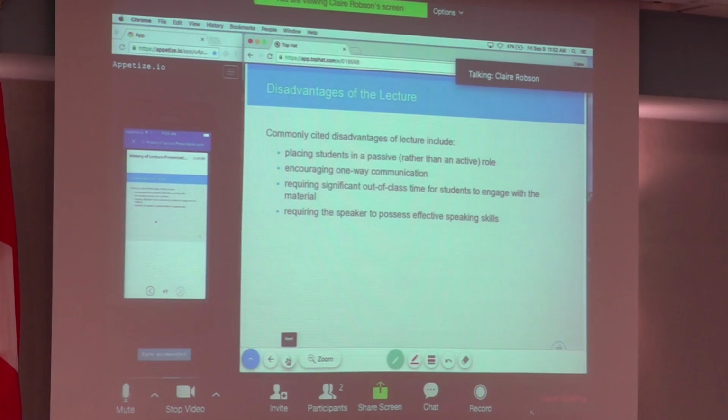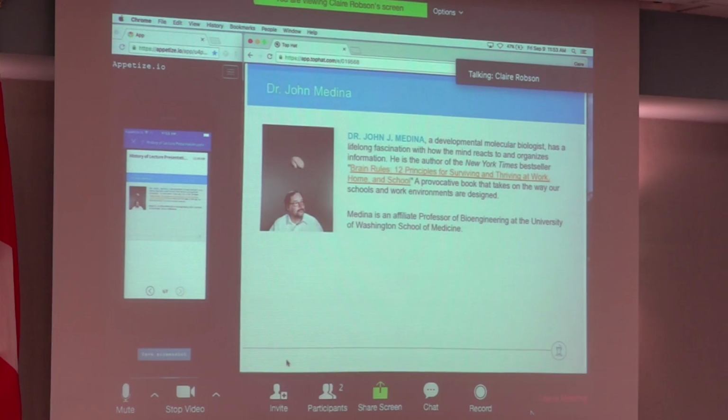So, of course, we've got some disadvantages to the modern lecture. Students are a little bit passive rather than active in their own learning. It really is only one-way communication inside the classroom. Students are able to come to the back of the class with their earbuds in and expect the professor to put on the show. So what we're really just trying to encourage is students to feed back to the professor and have a real working relationship inside the classroom.